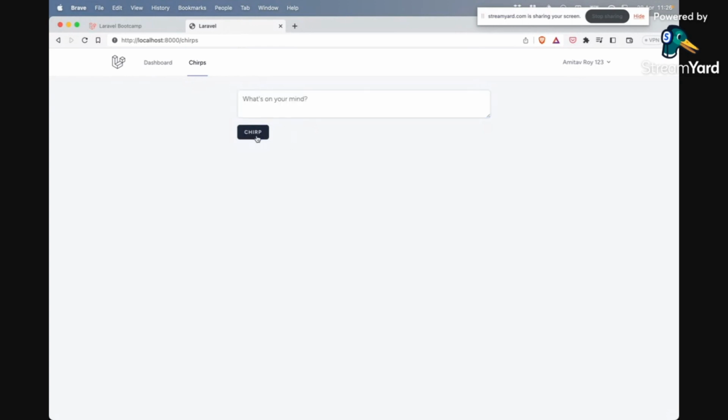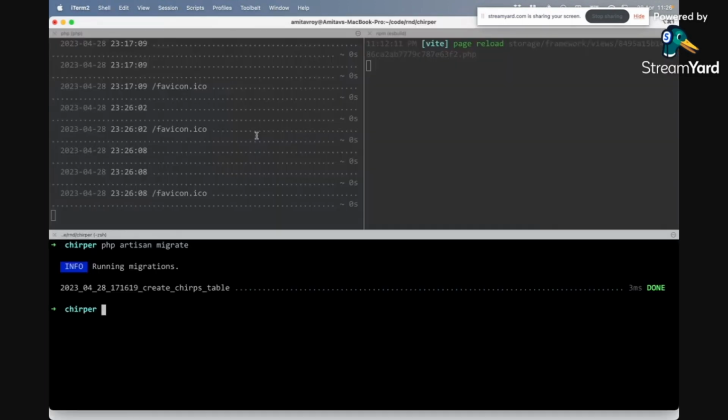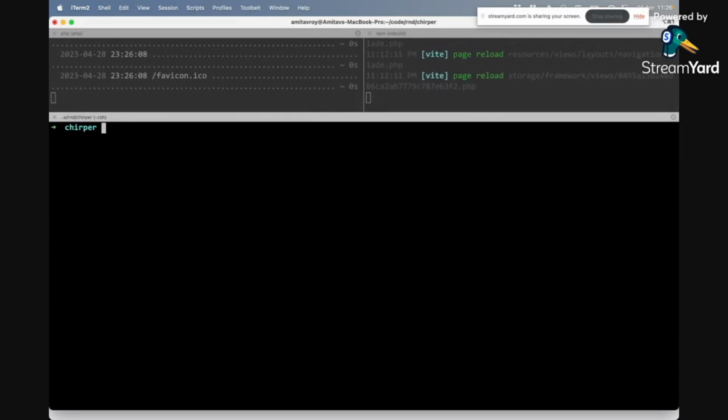I hit save. Now there is one thing which you need to bear with us on: because I have a SQLite database, I don't have a client for it. So I'll show you that it is there in the database. I'll do App Models Chirp